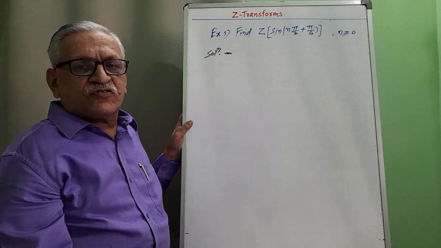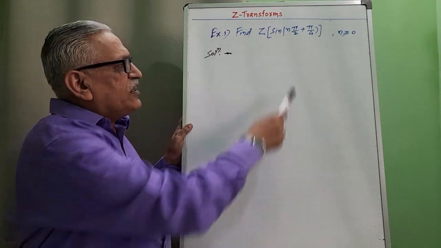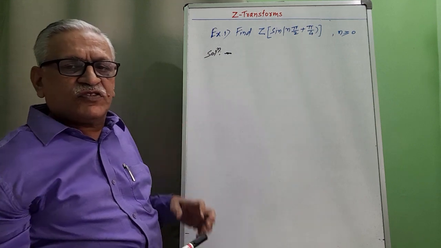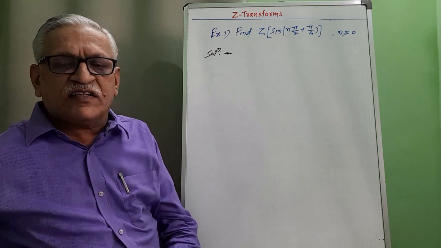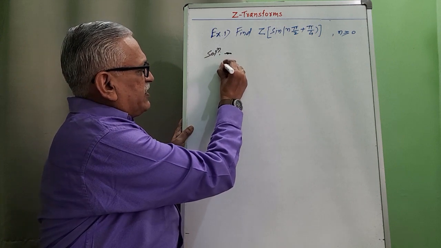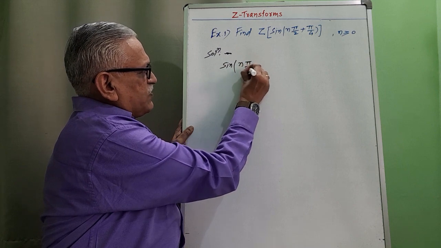Let us solve the first problem. Find Z transform of sin(nπ/2 + π/4) with the condition n greater than or equals to 0. As n is greater than or equals to 0, we use the standard result to find the Z transform. First we expand that term sin(nπ/2 + π/4)